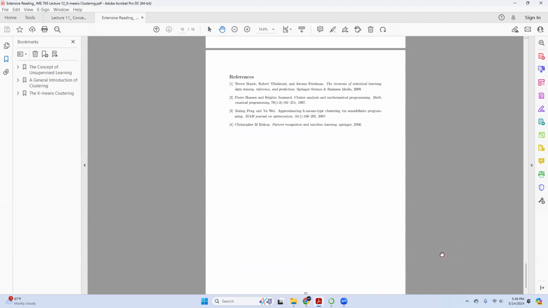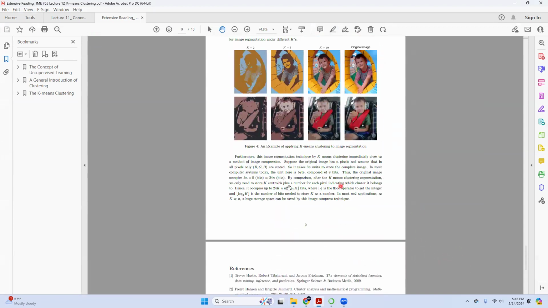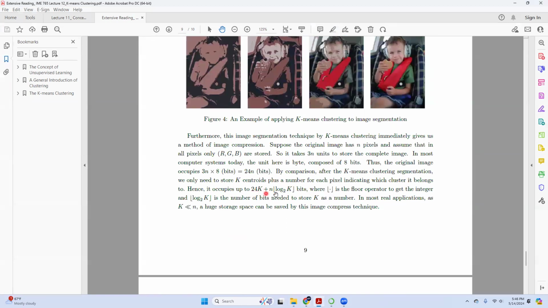Someone proposed an estimation ratio, and compared with n, this is indeed a very small number. Think about it, 3m times 8 versus this one.